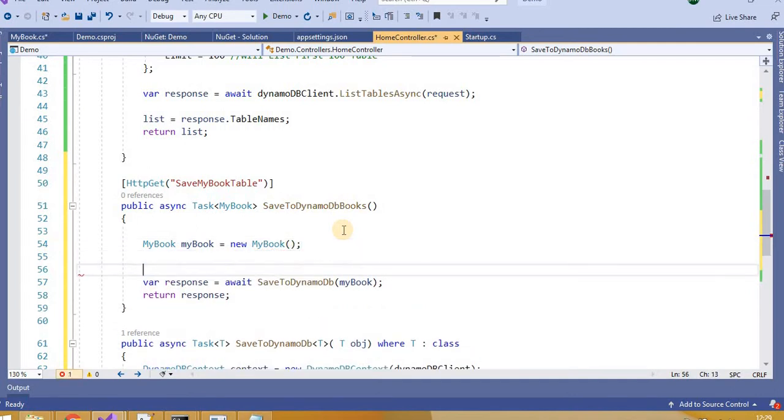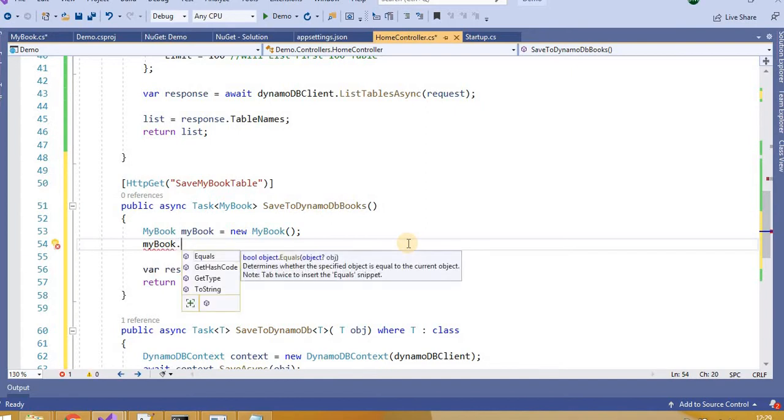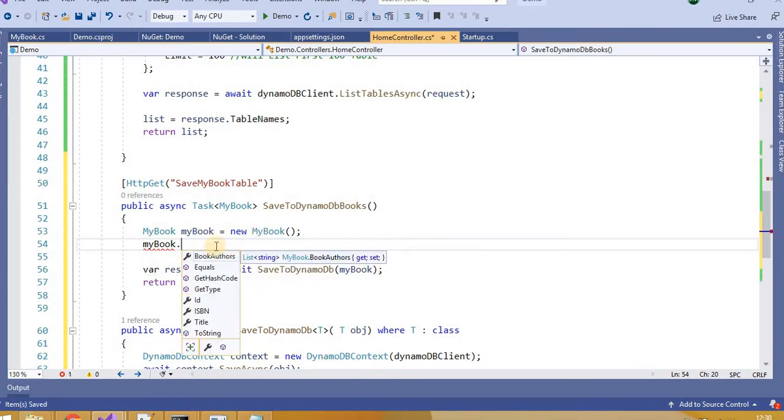We just want to know the functionality, like how the DynamoDB classes are working. Now instead of getting these values from outside, I will just hardcode static values. Why am I not getting the properties here? Oh, there was some small mistake, I corrected it.